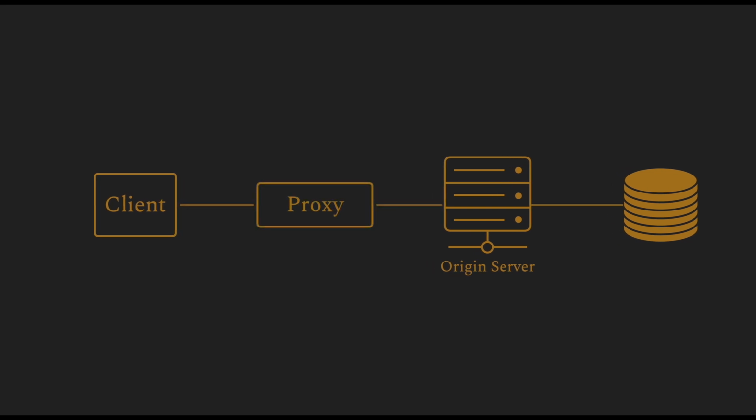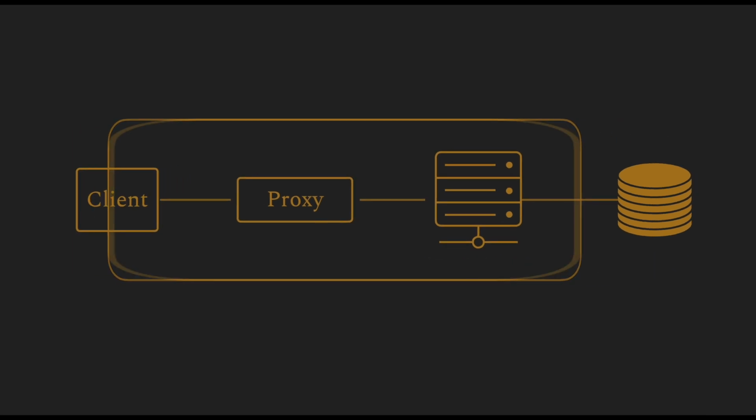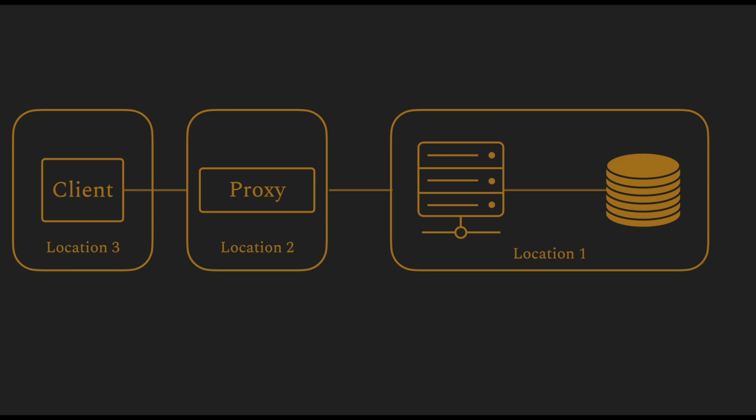And typically, clients interact with the servers via a proxy. For simple services, the cloud service components and the client may be in the same geographical location. However, for most modern services, this is not the case. The database and the origin server are usually located close to each other, but the proxies and the client may be in different geographical locations.